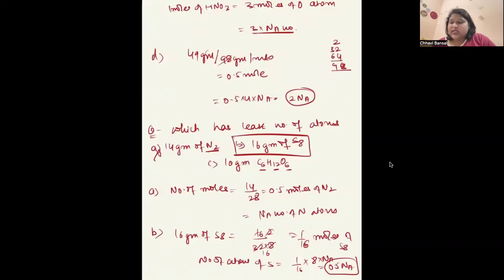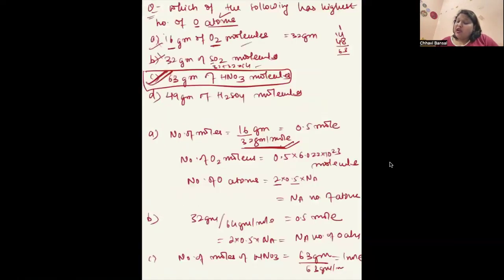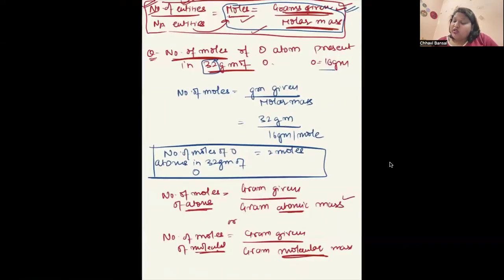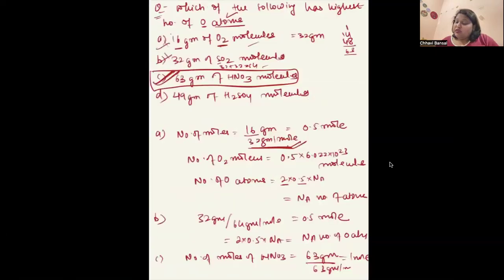Okay. Is it clear? So this is one way of solving the question, where the questions are based on grams given, and you are finding out the number of entities. It can be other way around also, where you are given the number of entities and you have to find out the weight of it. For example,